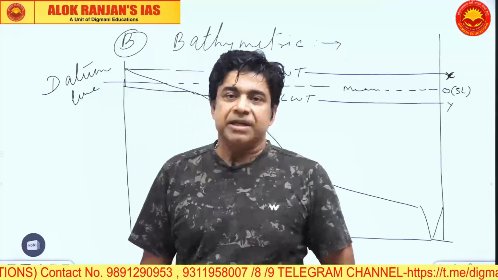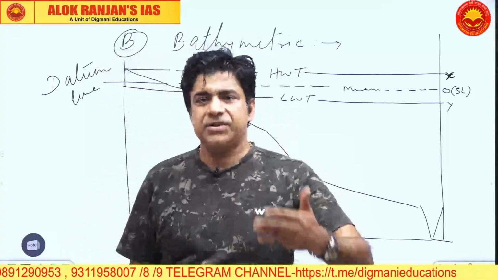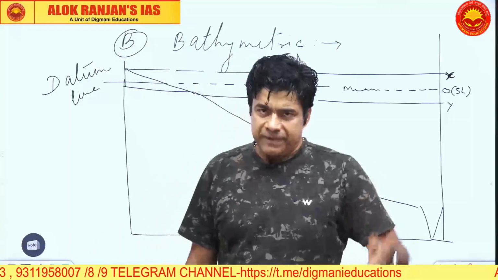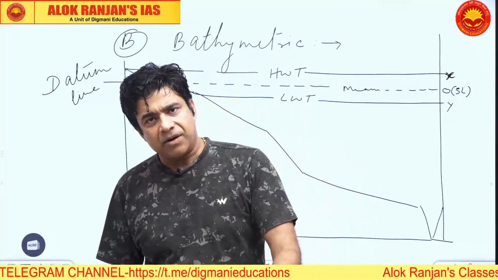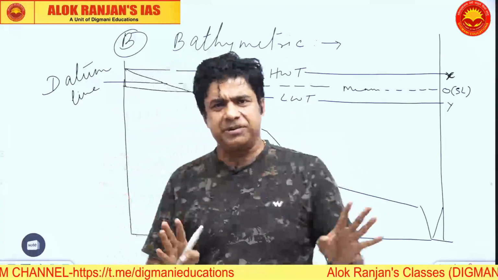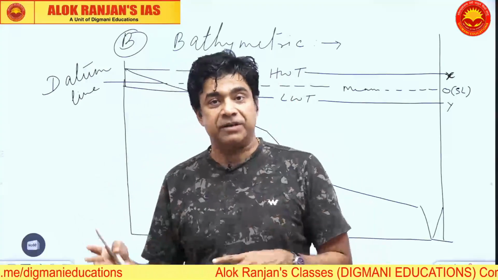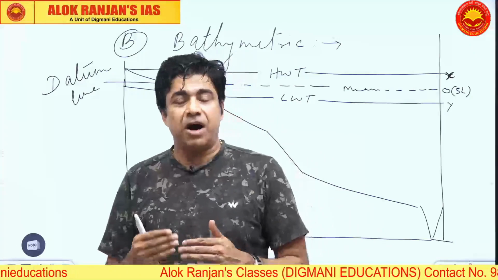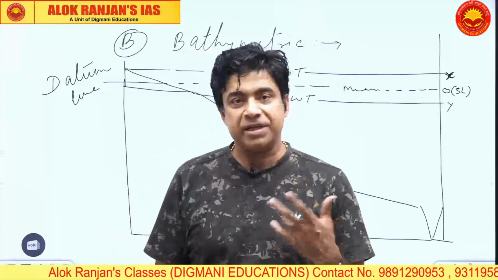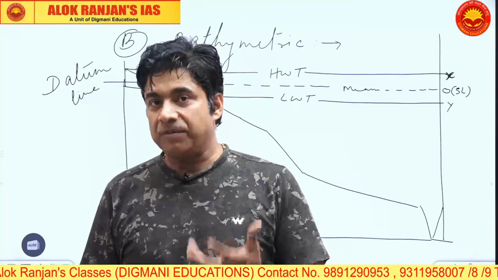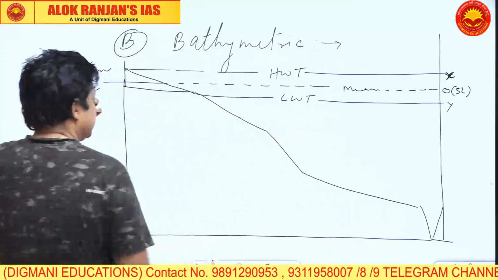Now please understand, if the height of Kanchenjunga is measured, the height of Kanchenjunga is not measured from the valley there, or the Gangetic Plains, or Kolkata, or Howrah. वहां से नहीं होता है. The average sea level is taken for Chennai, and with respect to that Chennai sea level, what is the height of Kanchenjunga? This is how it will be measured. Or for that matter, any mountain or any average height of the plateau will be measured from Chennai. Chennai is our datum line, please remember. Okay.